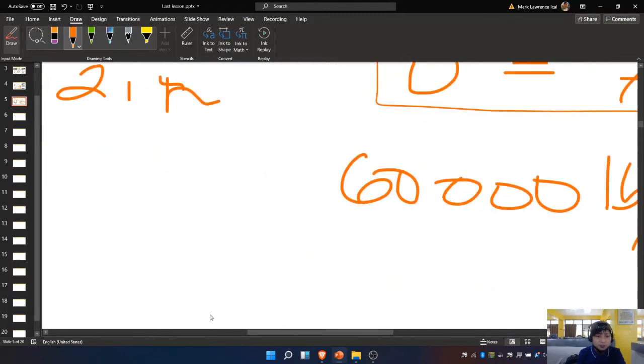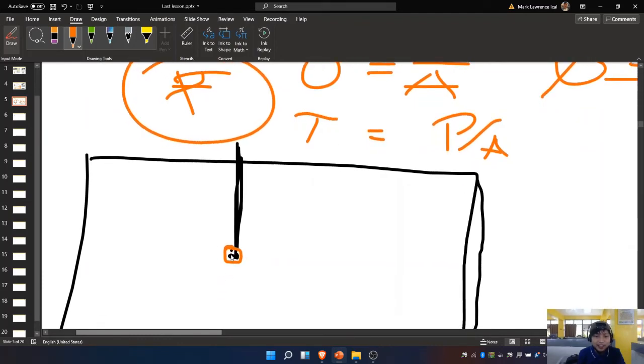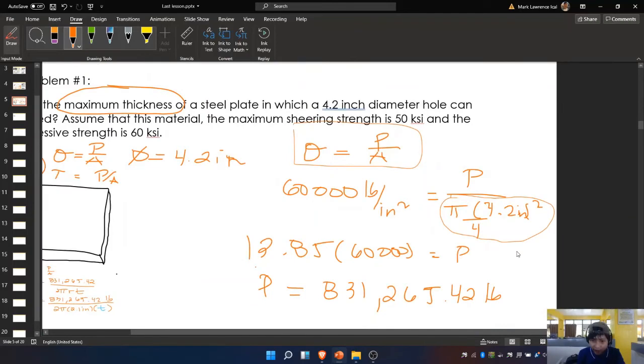Kasi guys, yung drill na yan ay circle yan, hindi yan square, hindi yan rectangle. So circle yan. So yung area na gagamitin natin is pi r squared, or pi d squared over 4 kapag gagamitin nyo ang diameter. Ang formula na yan is pi d squared over 4.